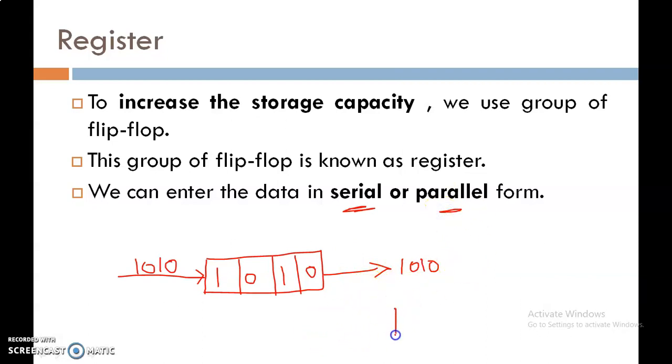Second is parallel. That means the register has 4 bits, so there are 4 in channels and 4 out channels, the output path. So whenever the data is stored in the register, the 4 bits are stored in parallel in the register. So here we store 1010. Whenever these bits go out from the register, they can be put on the output path. And so here we get 1010 at the same time.